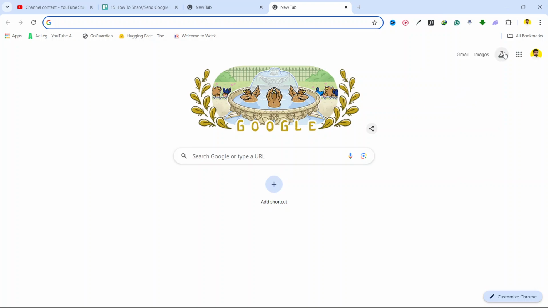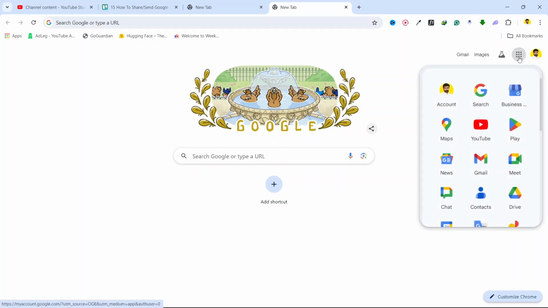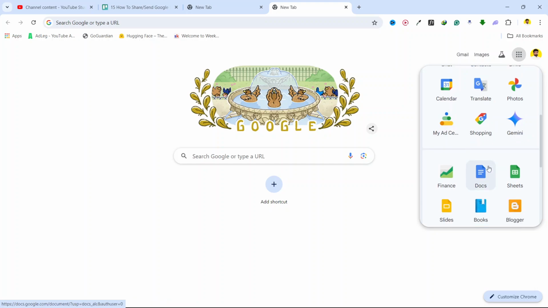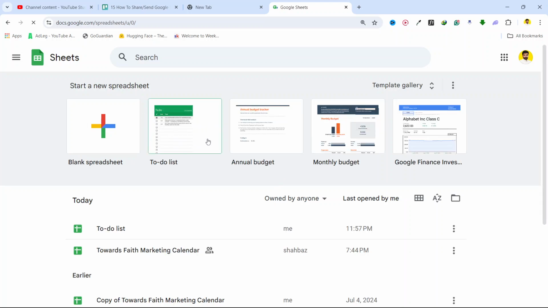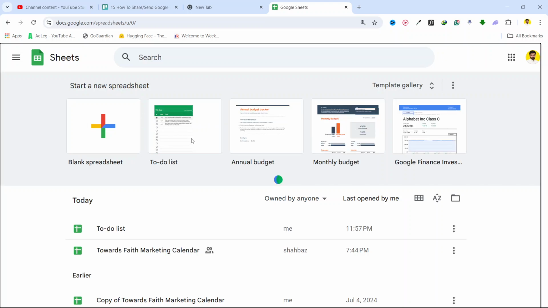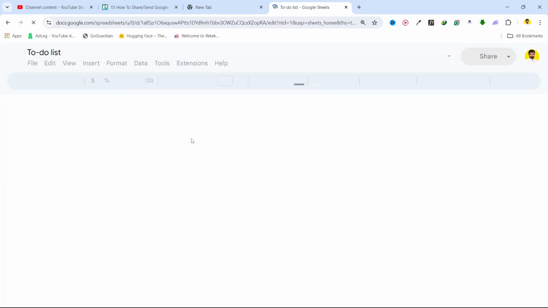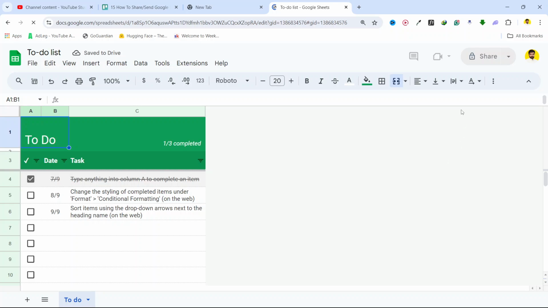So the first step, you need to click on these dots, Google Apps, scroll down and click on Google Sheet. So once you are on the Google Sheet, I'm going to select to-do list, select that and wait for a few seconds. Okay, now it is open,